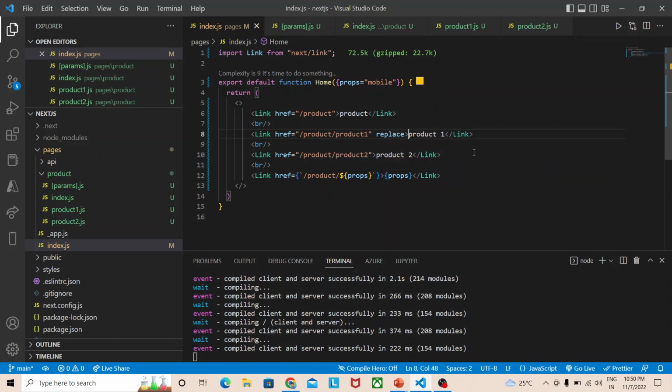Replace here also replace. Replace is nothing but